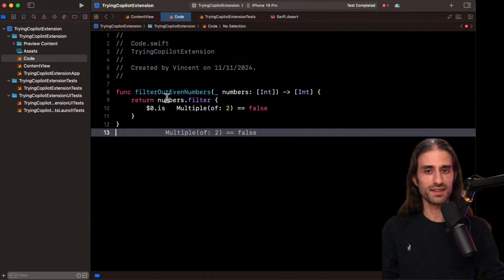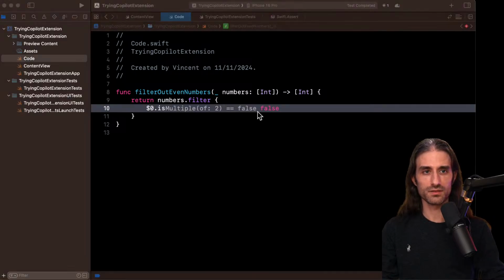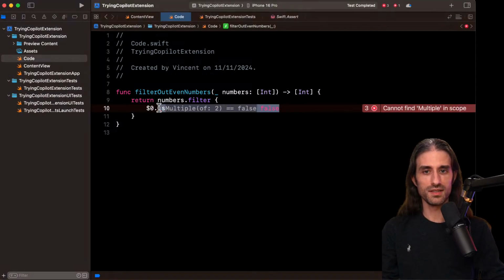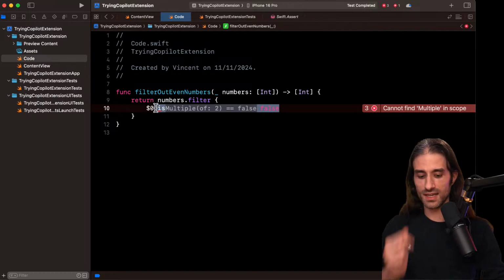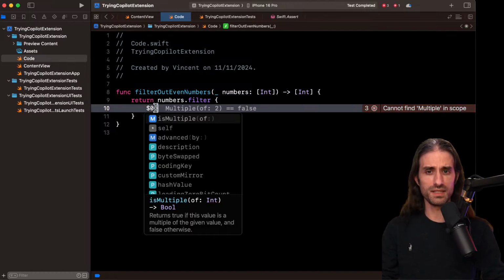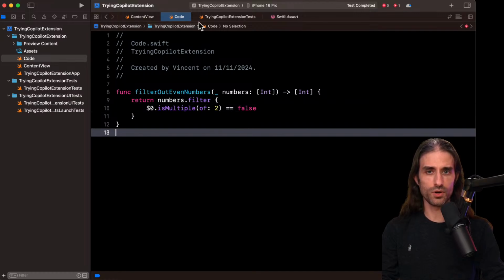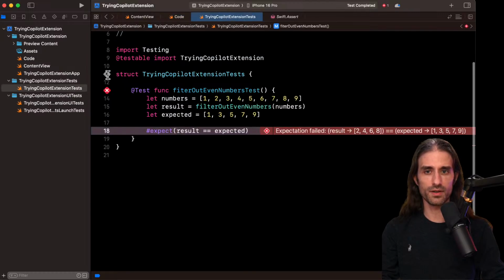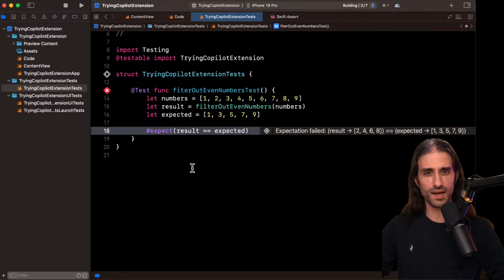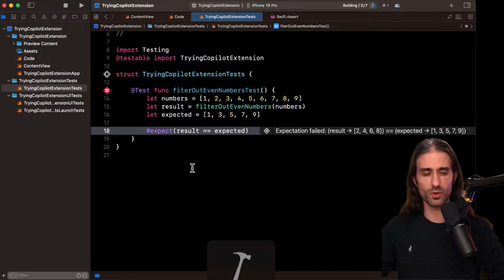I think I've encountered an issue within Copilot. As you can see, this extension is still in early access or public beta, so it's not the final version, but you can see that when you use it along with autocomplete, there can be some issues. And now we have the code that should be correct. I'm gonna run the tests again, but this time the tests should be green.